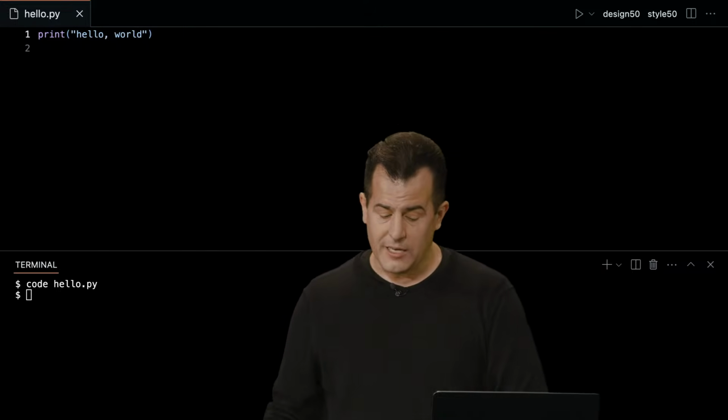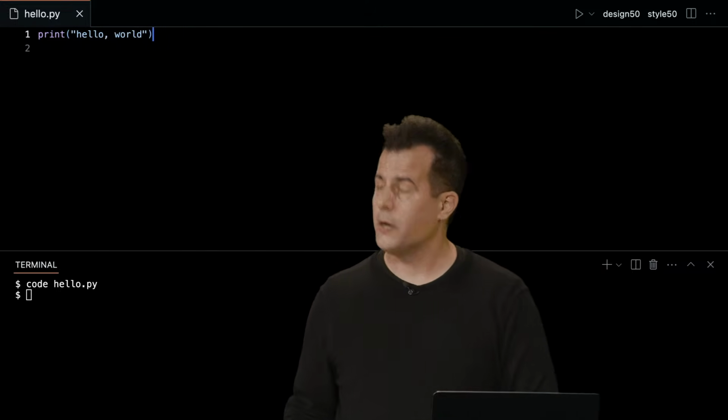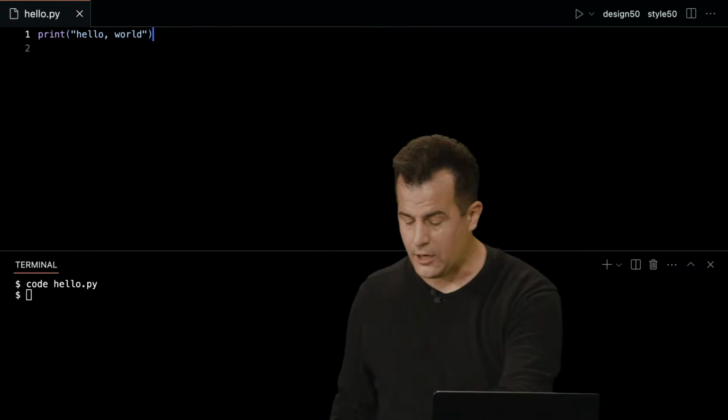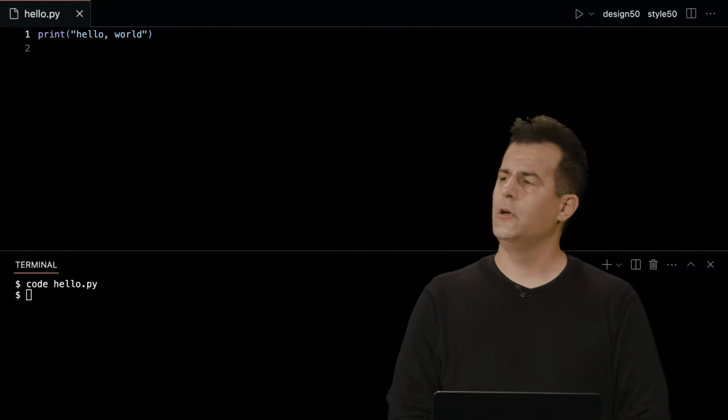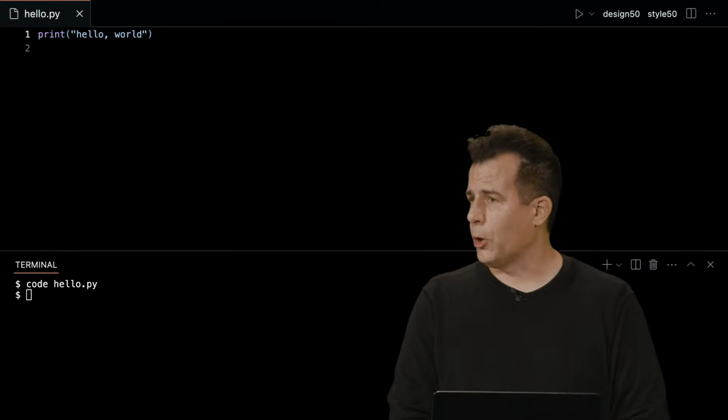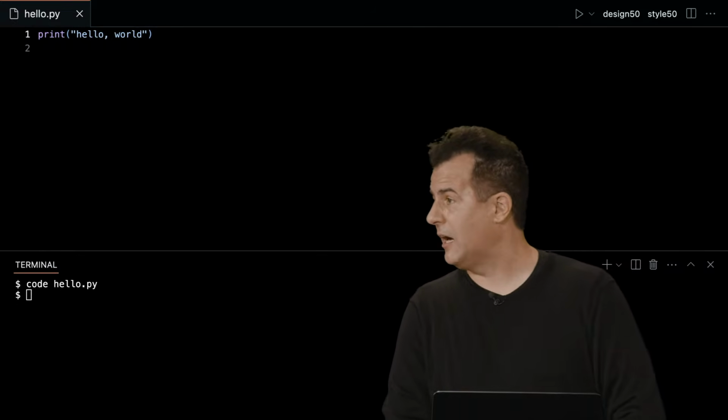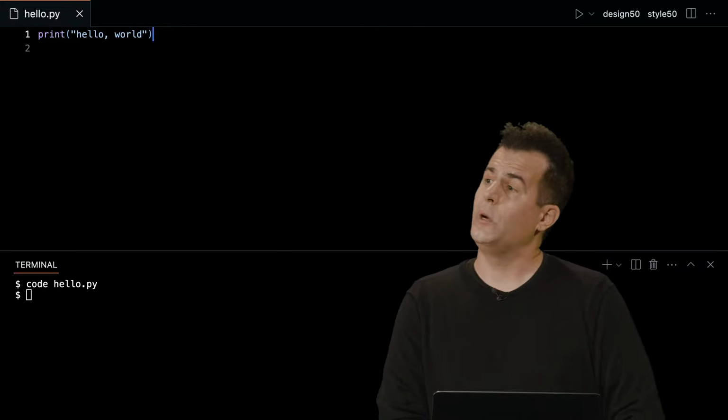So that's it. The file has saved itself by design automatically, because that's how we've configured VS Code here. And now it's time to run the program. Now, there's different ways to run programs. Sometimes you can click a little play icon if you want, or you can actually do it in a command